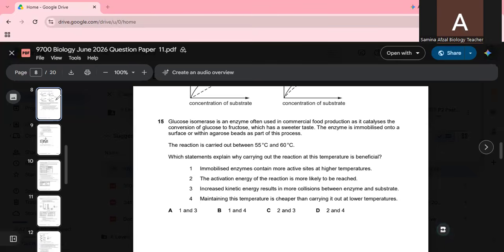The enzyme is immobilized onto a surface or within agarose beads as part of this process. The reaction is carried out between 55 to 60 degrees centigrade. Which statements explain why carrying out the reaction at this temperature is beneficial? So the statement A is